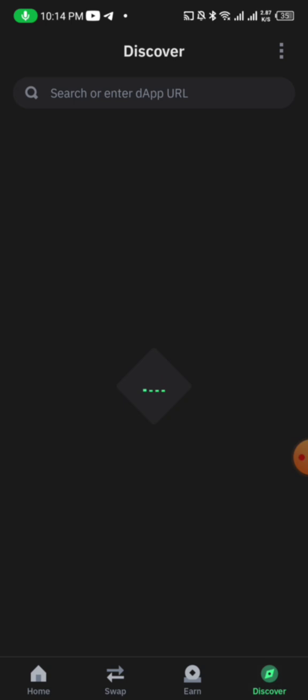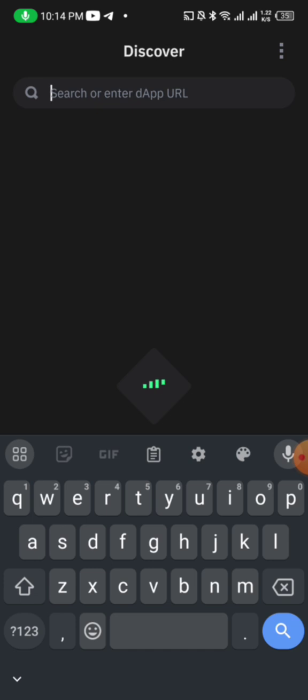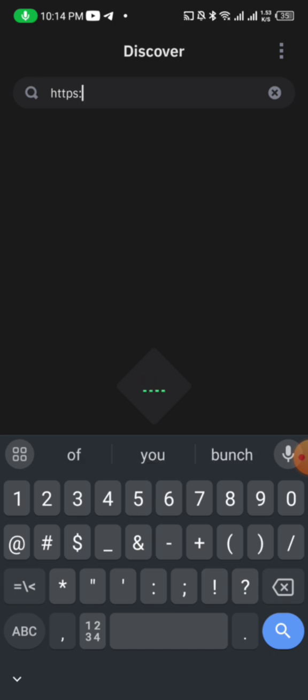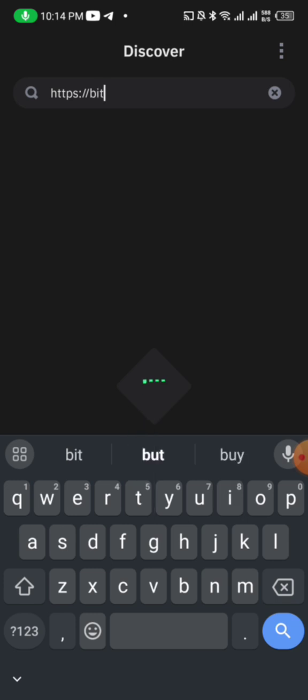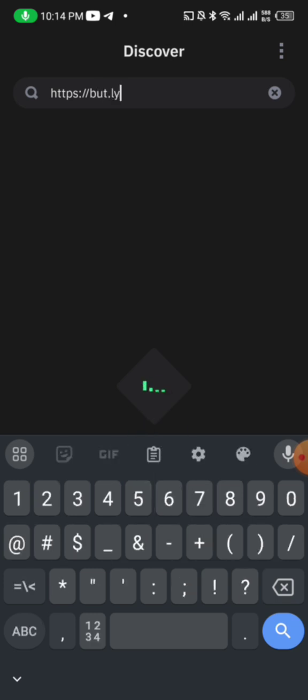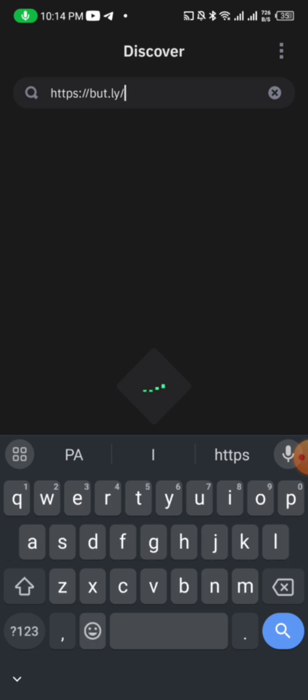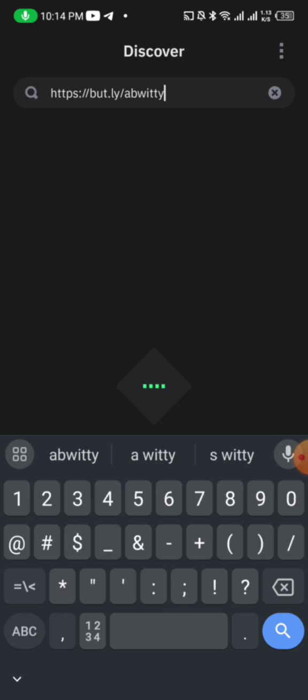When you click on this place, you can type any website information here, like the link I gave, https://bit.ly/Witty777. So when you paste the link here, click on search,